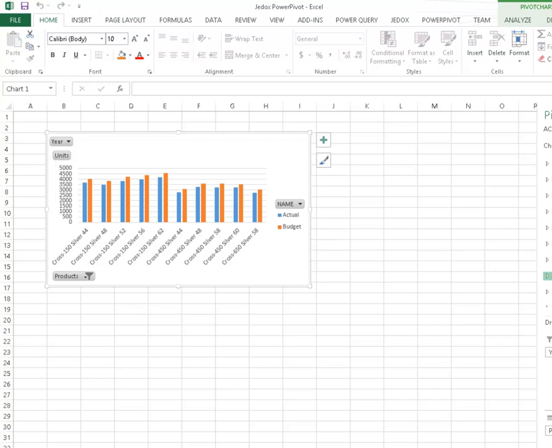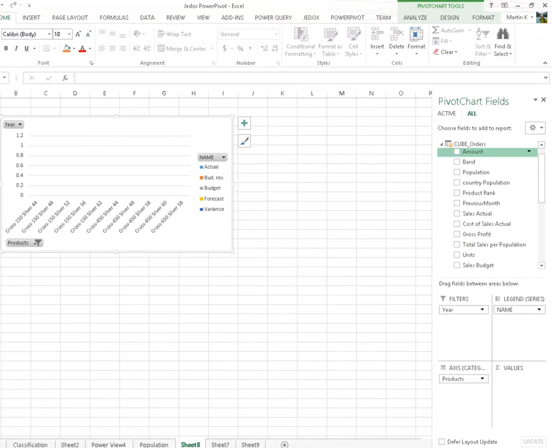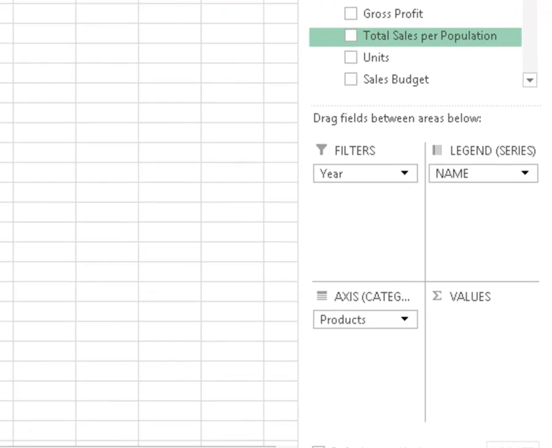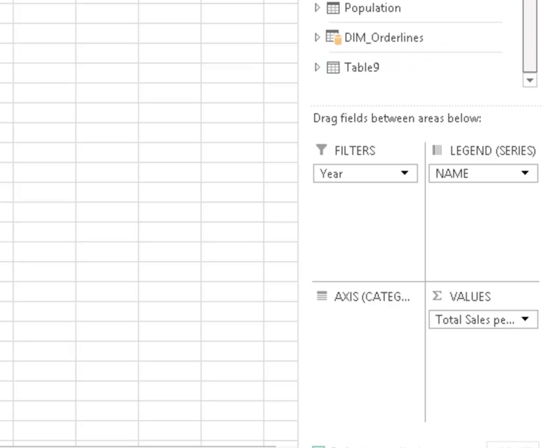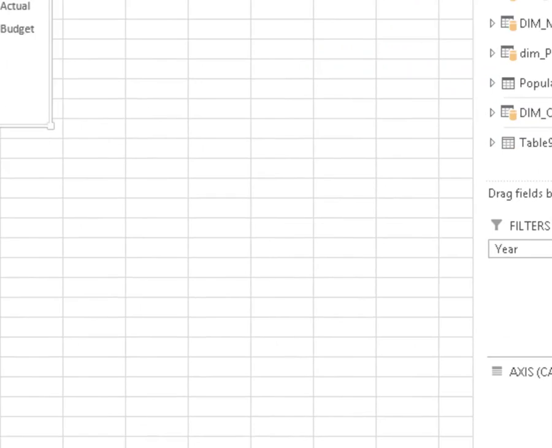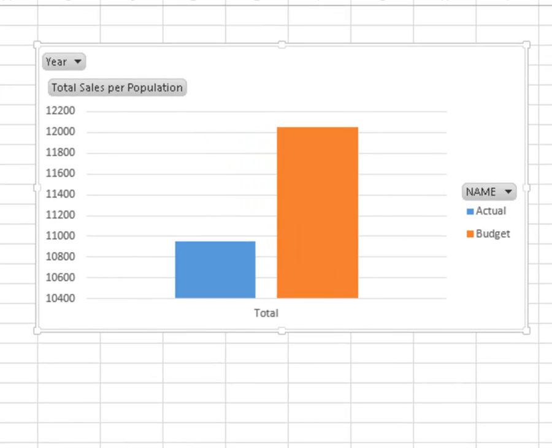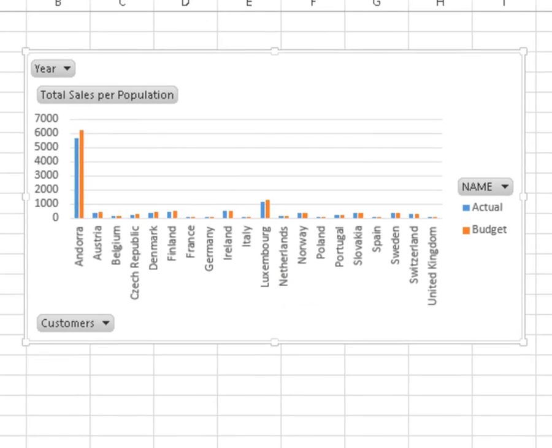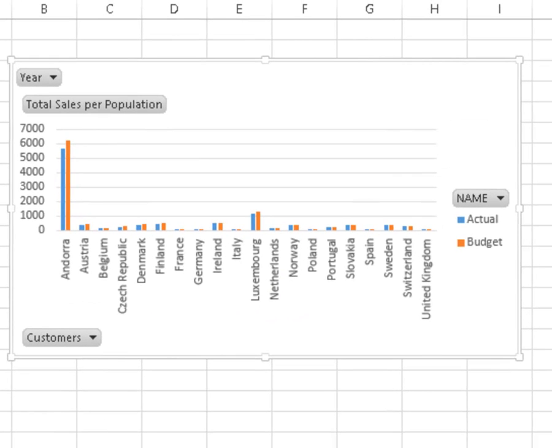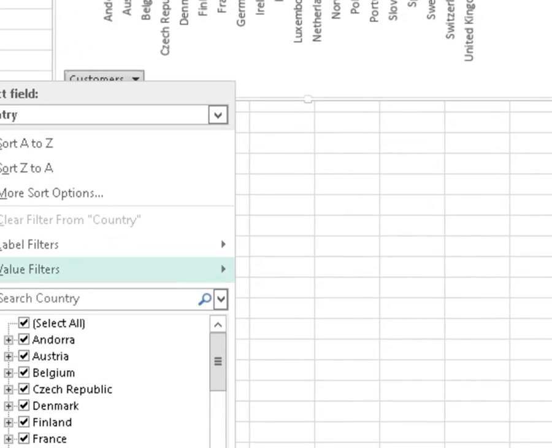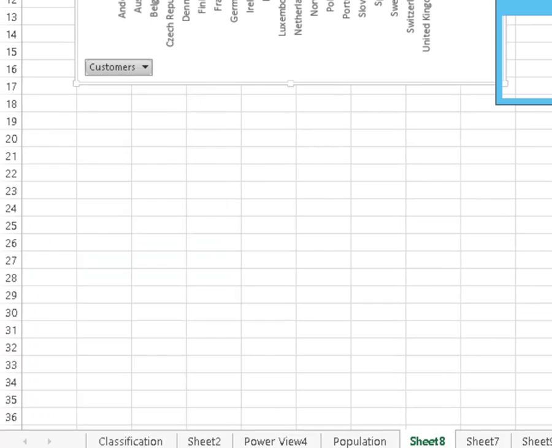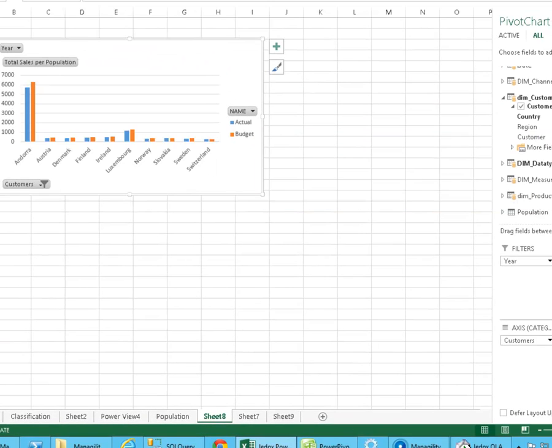And once we have this relationship, we can now define a calculation, for example, using the data model from before and replacing the units with a calculation that calculates the sales by population, which probably makes more sense on a country. So we take the product away and use the country. So we put the country here, and now we can see in what countries we are particularly